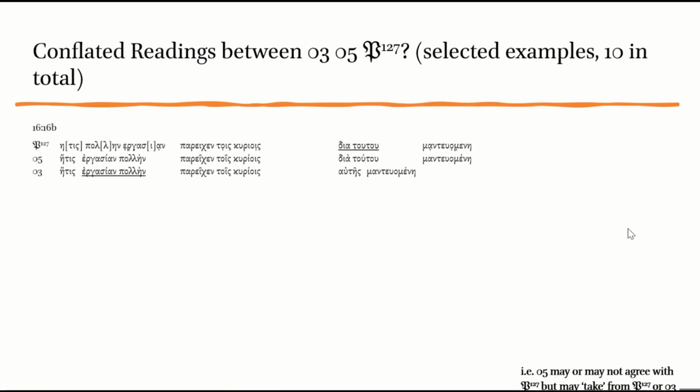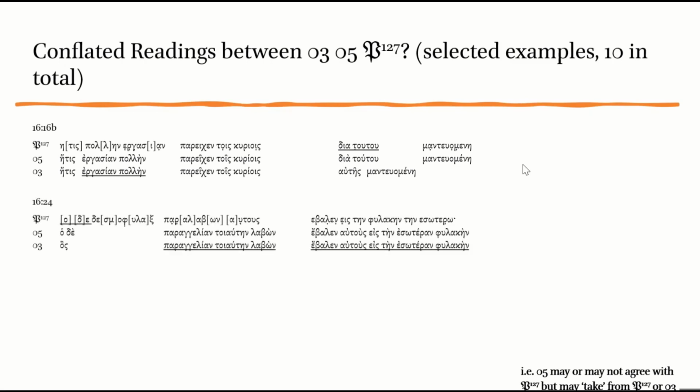What I noticed is also a number of conflated readings. There are 10 in total, which is also quite big. And by conflated reading, I mean that 1 to 7 and 03 seem to have really different variant readings, where 05 would know 127 and would know 03 at the same time, and 05 would then conflate the two readings, meaning that Bezae would here not be original, but would really appear to be a mid-ground between